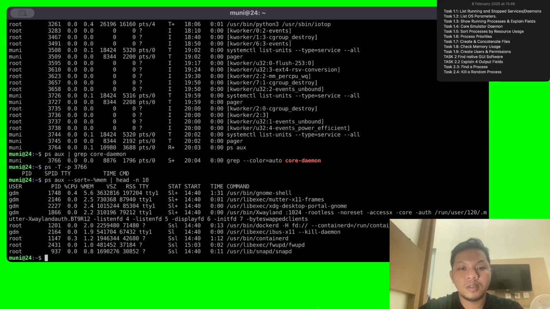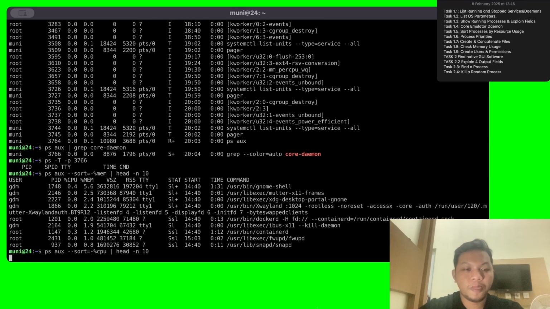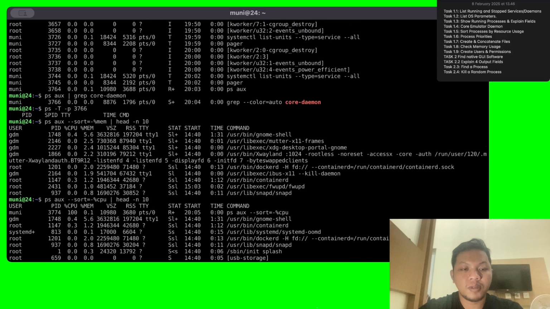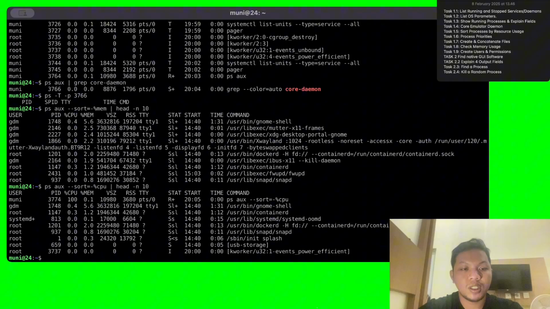This gnome-shell currently uses 5.6% of memory and 0.4% CPU. If you want to sort by CPU usage, we can change mem to cpu. And this is the top 10 processes using the most CPU resources.